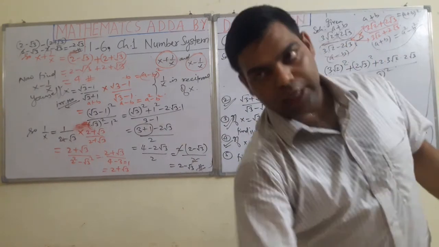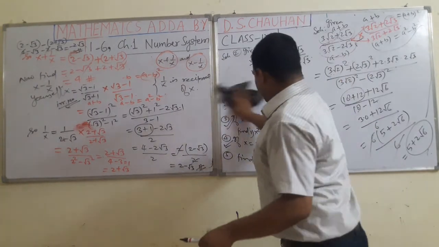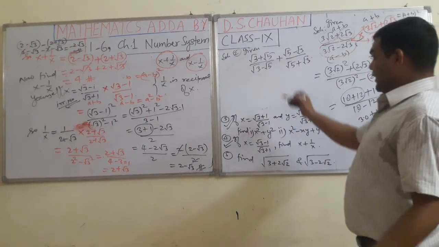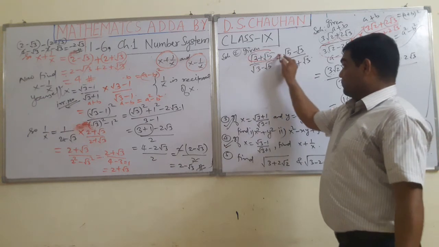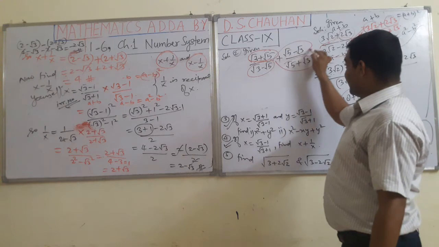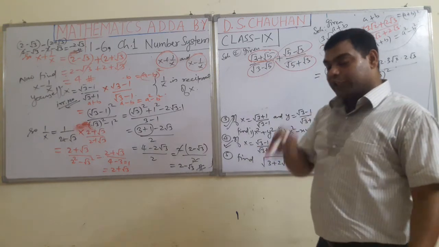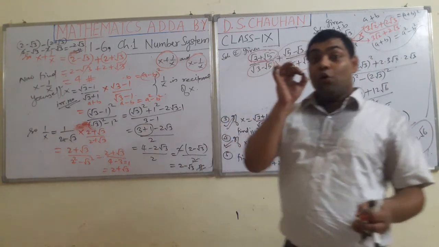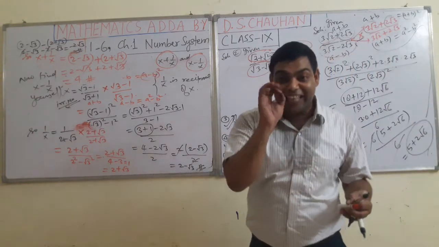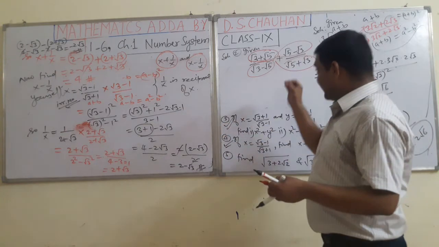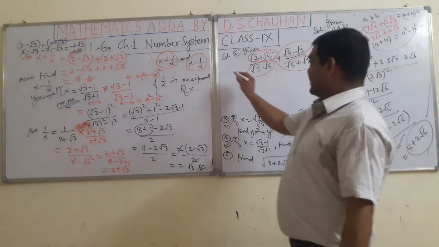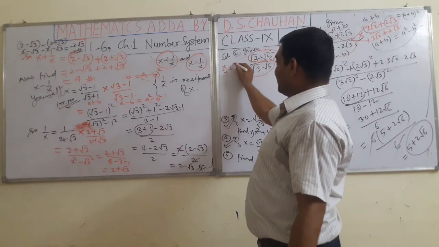Students, if you look clearly at this question, here you get one important point. Whatever is present here, the same thing is here, and whatever is here, it is here. In such cases, student, there is no need to go through the rationalization of denominators directly. We have a shortcut trick for it. What is that? I am telling you. It is a condition like this: x upon y plus y upon x.